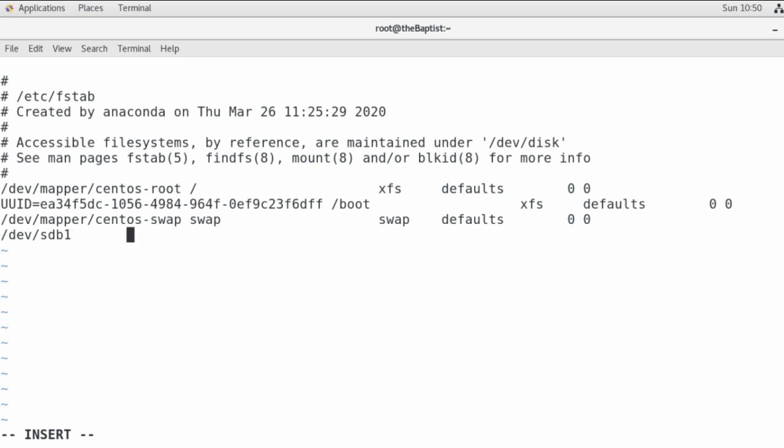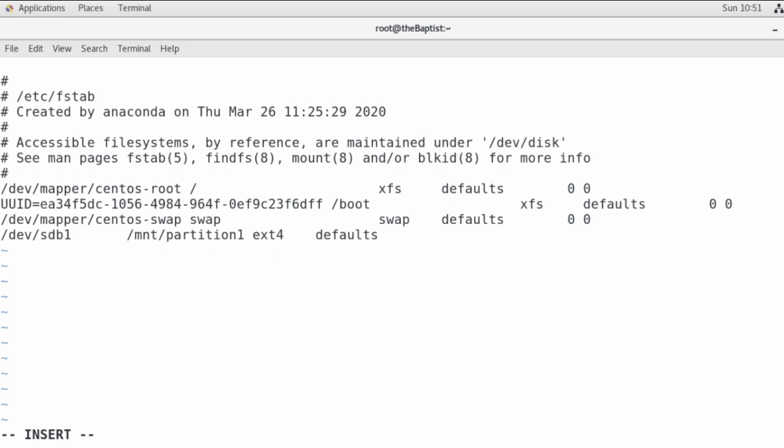So press tab and give the place where it is mounted, that is the partition location, and that is under /mnt/partition1. Press tab again, and the file system, ext4.